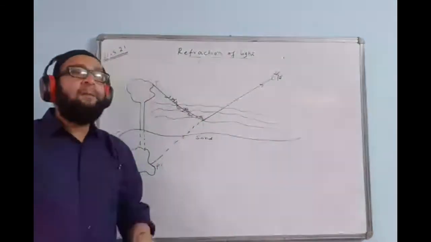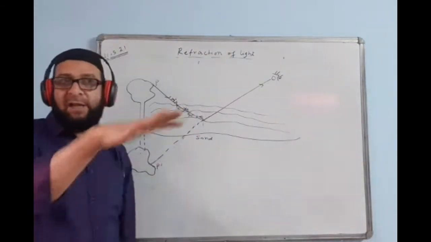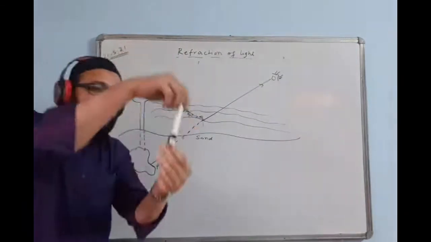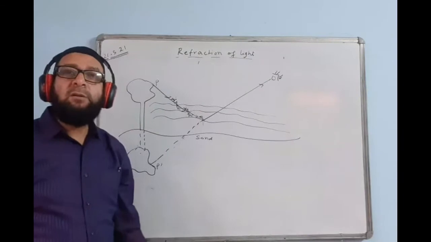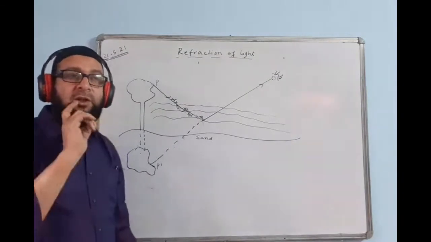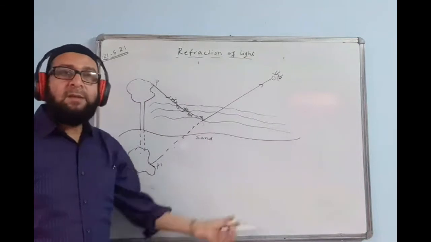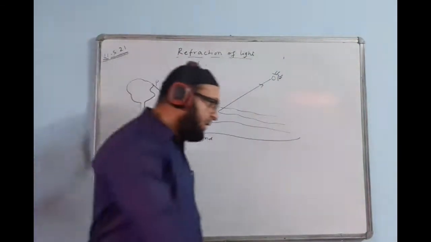And we'll have an inverted image of the tree seen there in the desert. In the desert, when a man is on the camel and you look far away, something shining looking like water, and there will be an inverted image of the tree seen. That creates more illusion that there is surely a pool of water, but when the person goes close by, there is nothing. Okay? So with this information, this chapter is over.